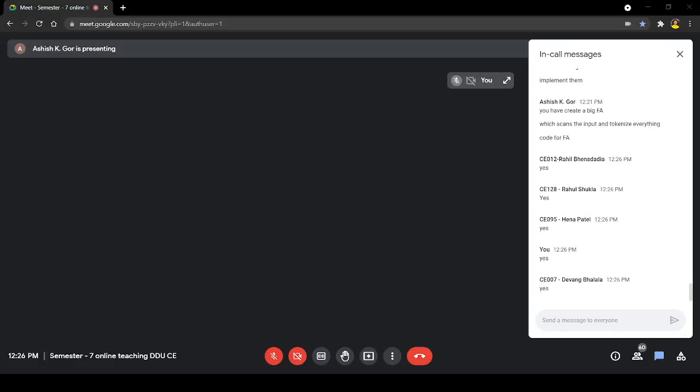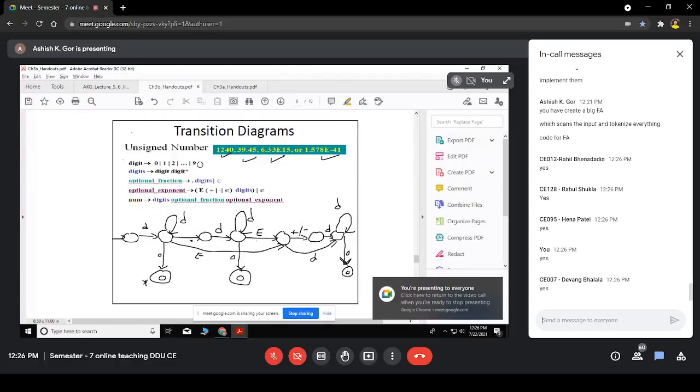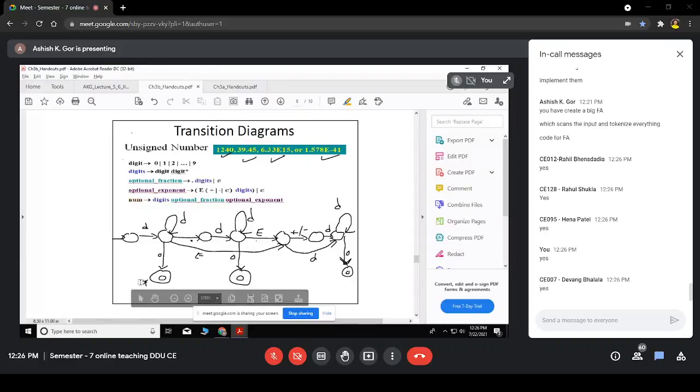Okay. So, unsigned numbers. Let us take a diagram for unsigned numbers. How will you do that? What you have to do is take first this digit portion; the first portion is clear, right? Then everything else is optional. So if there is a dot, then there will be another part of the diagram: digit followed by at least one digit, and on anything other than it, you will accept.